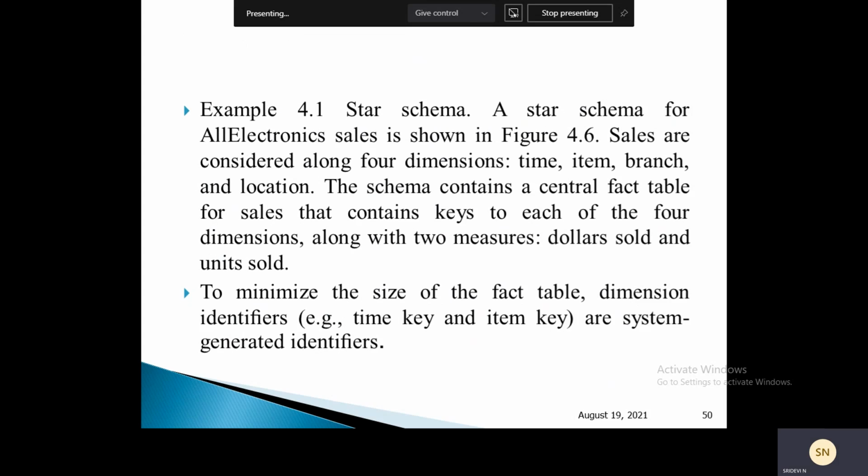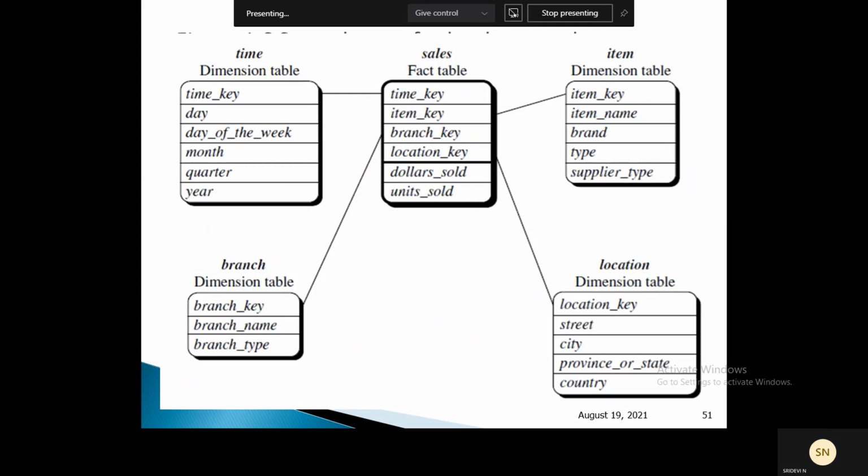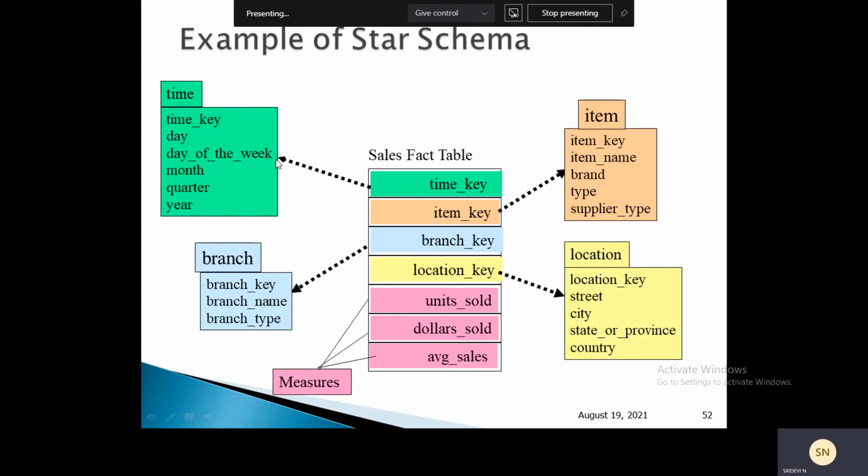So we have this star schema for AllElectronics sales in the figure. This is the star schema. Here we have one fact table with multiple dimension tables around it. The same thing is being depicted here. This is the sales fact table.